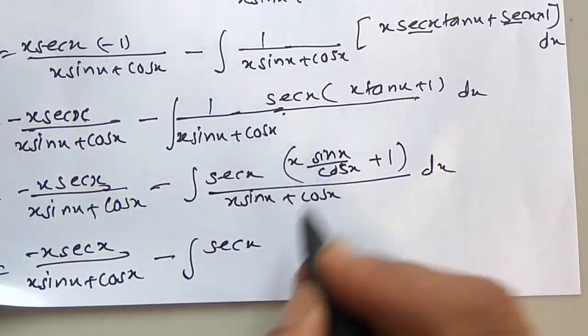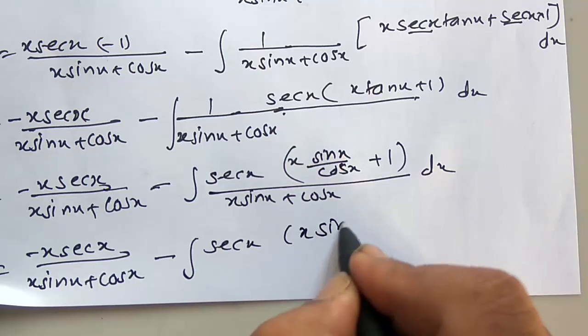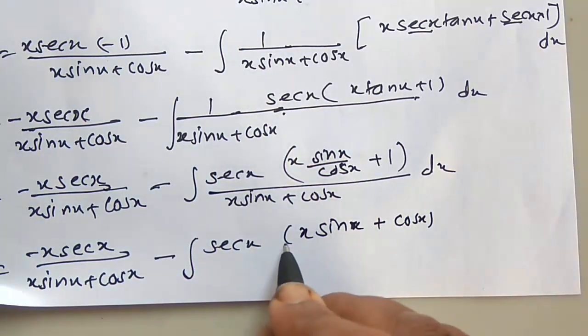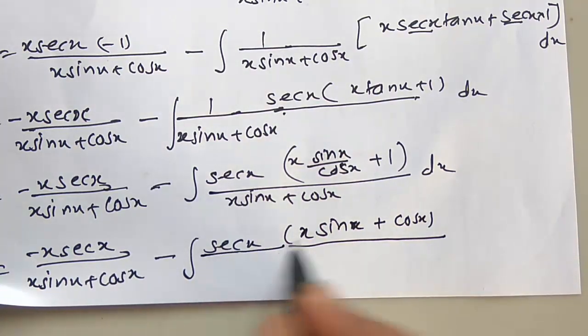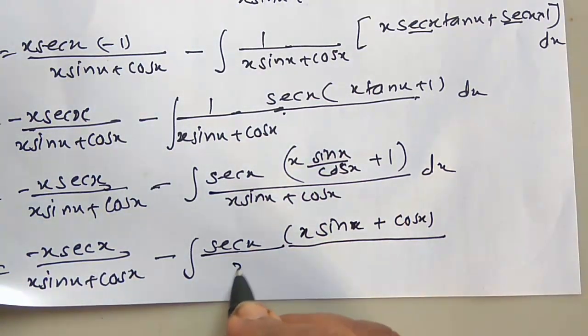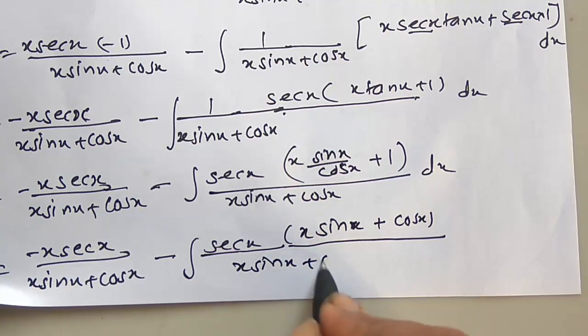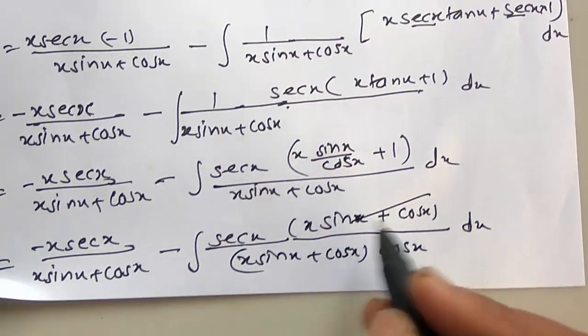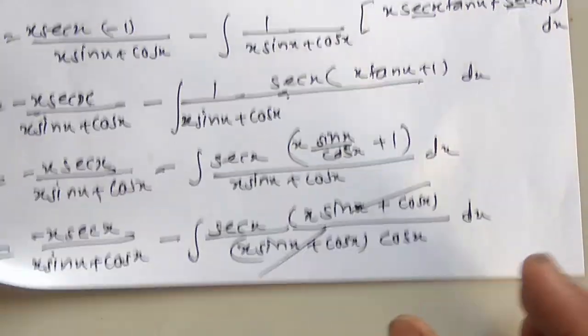Here the LCM is cos x, so it is x sin x plus cos x upon cos x, so it is x sin x plus cos x into cos x dx. So this factor gets cancelled, and therefore